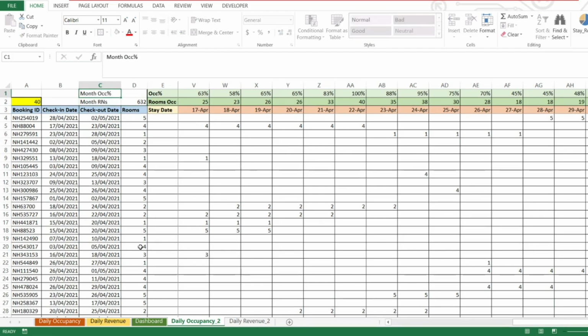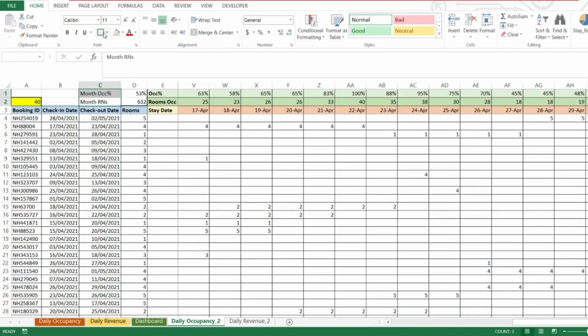And I will get the month occupancy percentage also, which I'm going to show you here. Month occupancy is simply the number of room nights divided by the number of rooms available. As we had assumed, this hotel has 40 rooms, and since there are 30 days in this month, we are going to divide by 30 and we get the month occupancy also. This is pretty self-explanatory. Then we are going to give it a color coding, for the sake of simplicity, to make it a little bit neater.